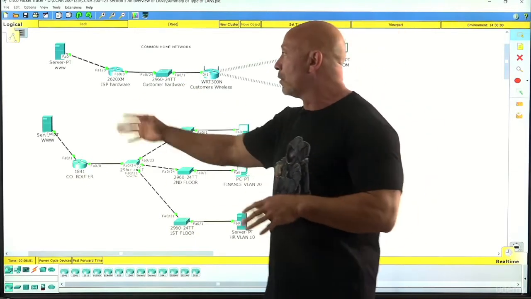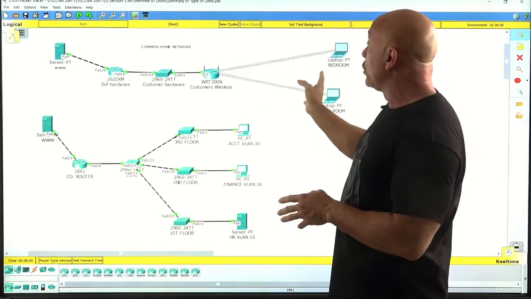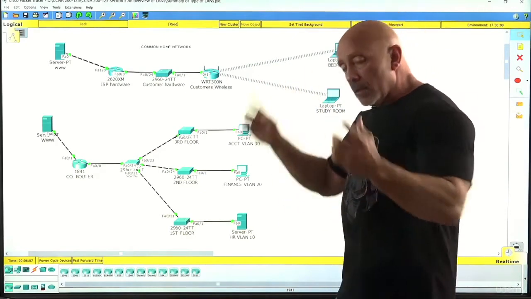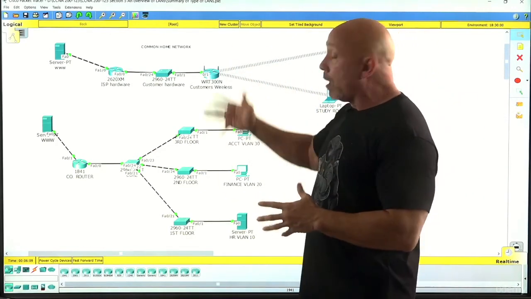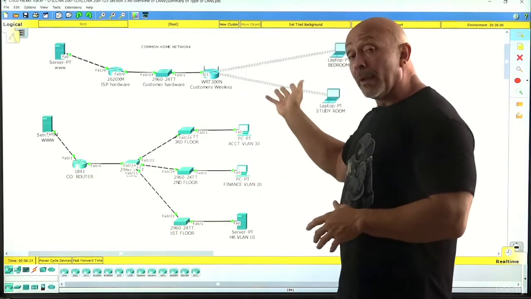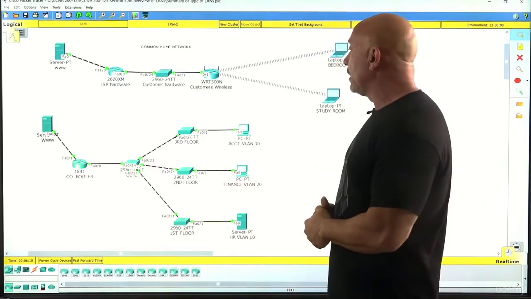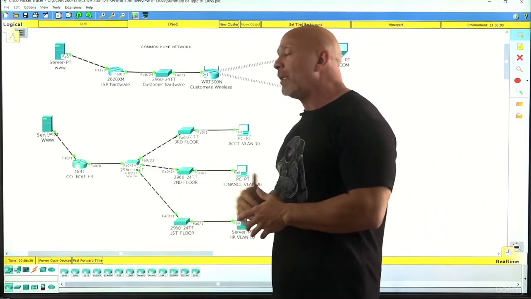If it's going to be a straight-through, it's going to be a crossover. If you're using wireless, then it needs to be so far apart depending on the type of frequency that you're using. And that will be an 802.11, either A, B, N, whatever it is that you're using. Okay, that is what Ethernet tells us.